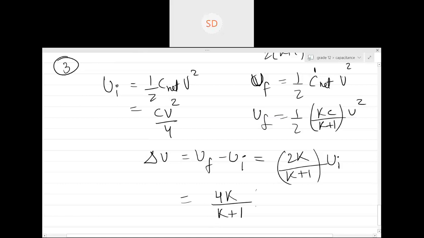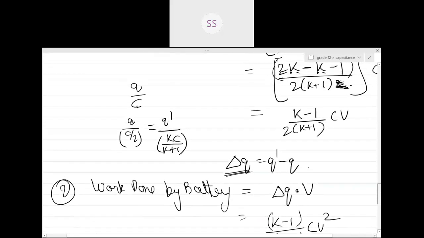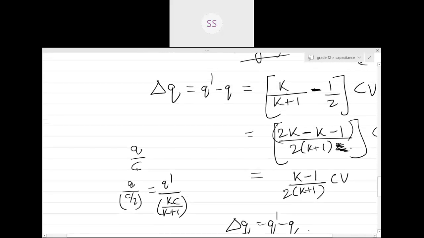So for delta Q, I'm not getting the 2 in the denominator. I got delta Q and you got a 2 in the denominator. I didn't get that. Look here, 2 multiplied by K plus 1. I took the LCM. So 2 multiplied by K plus 1, and here I multiplied this by 2, so it became 2K minus this became into 1. Guys, is there wrong maths somewhere? Check the maths part. Is the maths wrong over here?